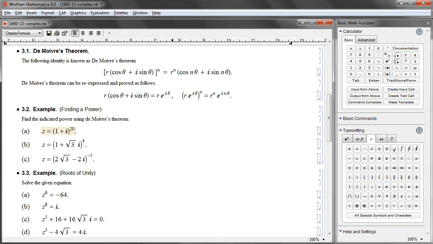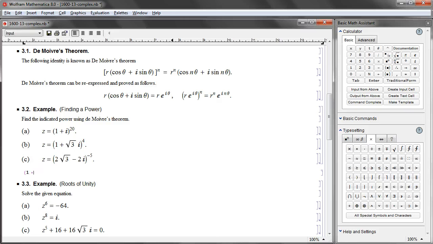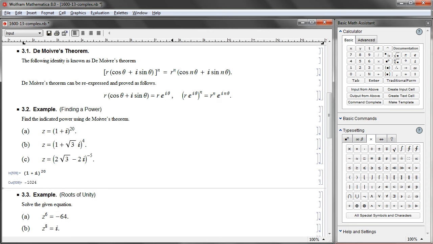Here's the simplest type of problem, and this problem is so simple that you don't really need De Moivre's theorem. You see, I can simply ask Mathematica to do this computation, and in an instant it provides the answer. So what's the point? Well, if you do something like this to the third problem here, for example,